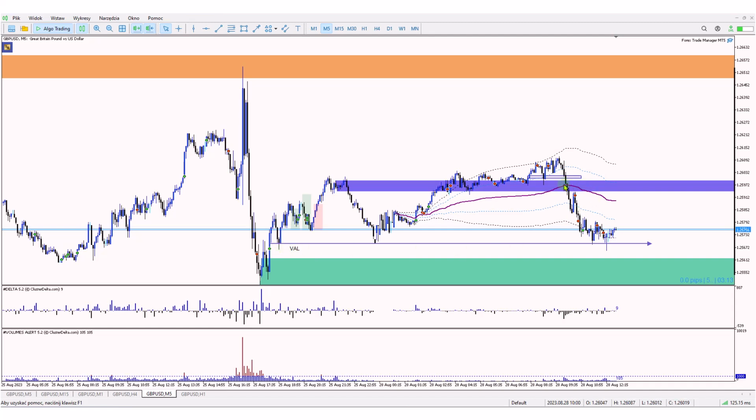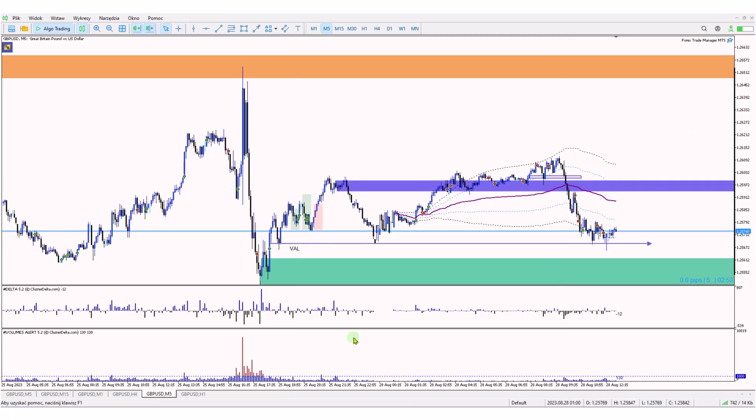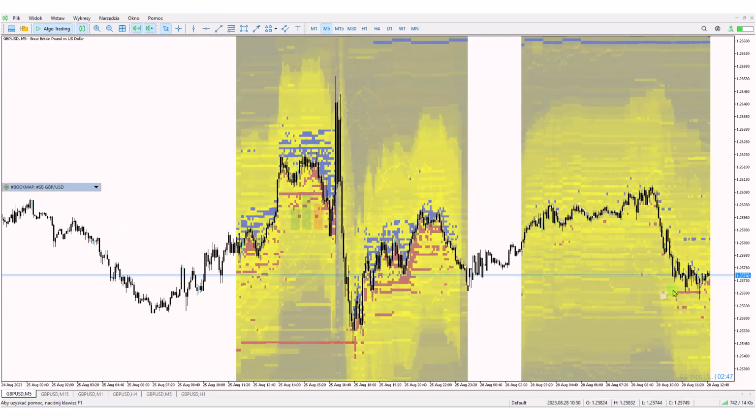If I entered here and was aiming for the closure of the M5, always the closure of the candle, it was 31 pips, so almost a 2.5 hour setup. It's a really good reward. Then take a look at what happened on the book map. I was aiming somewhere here